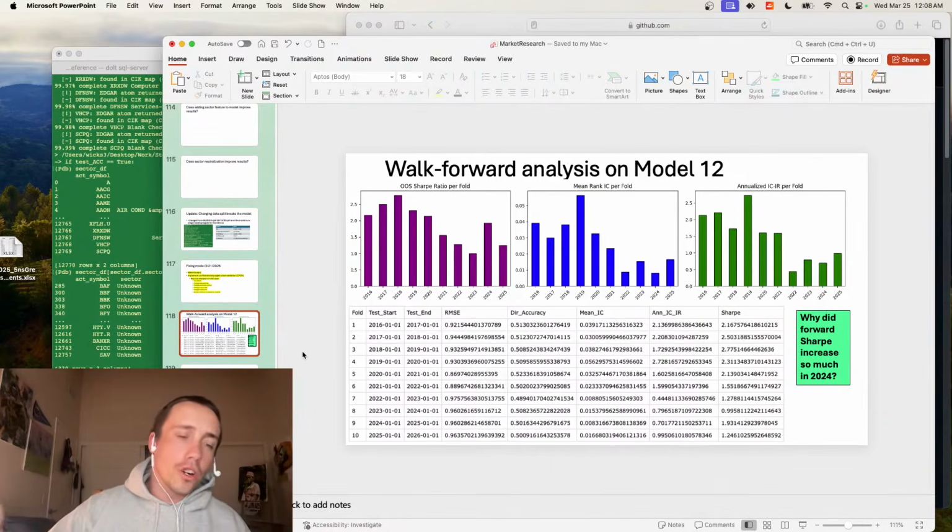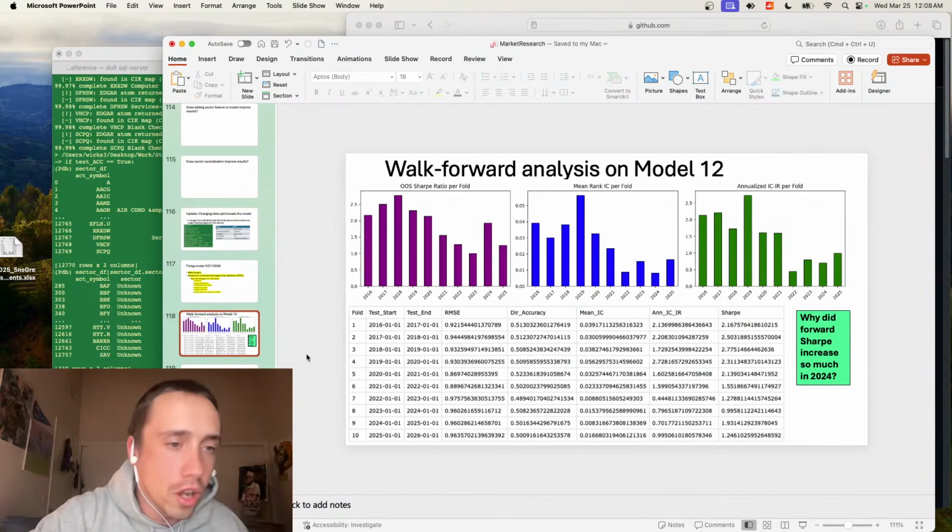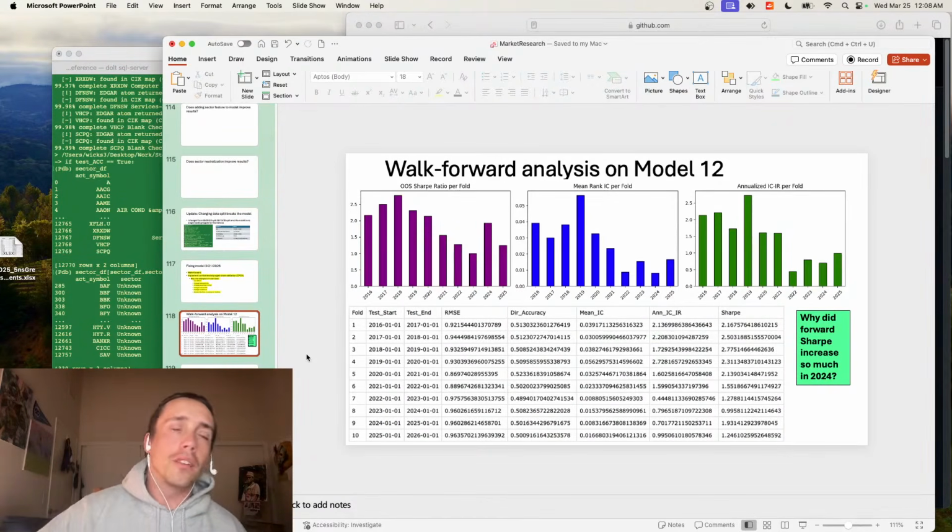And same thing with the target. If you're trying to predict log returns for the day, you can normalize to the mean. Rather than just getting log returns, if the whole market's going up, that's going to skew things. A better thing to look at is what are the log returns relative to the average log return for the day. That gives you a much better idea of what's beating the market. But a much better way to do this is to normalize to the sector.